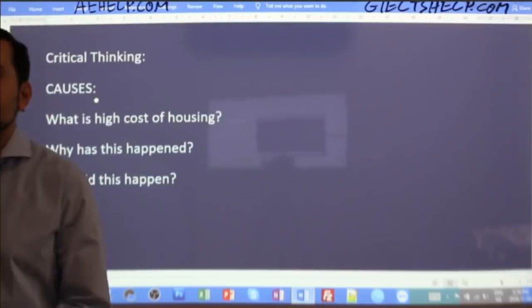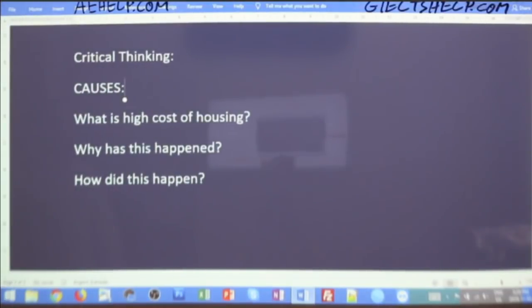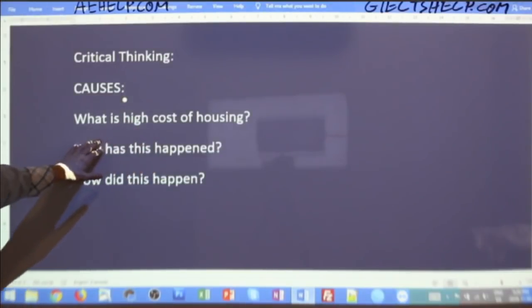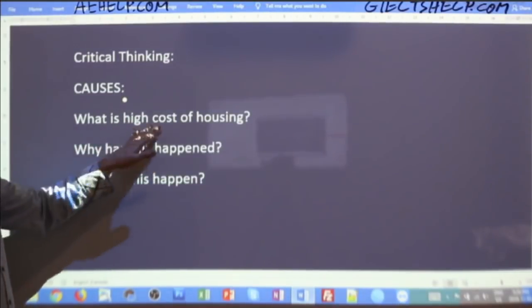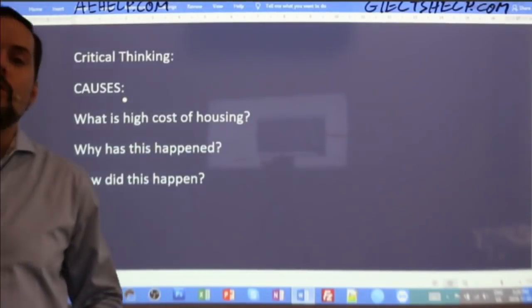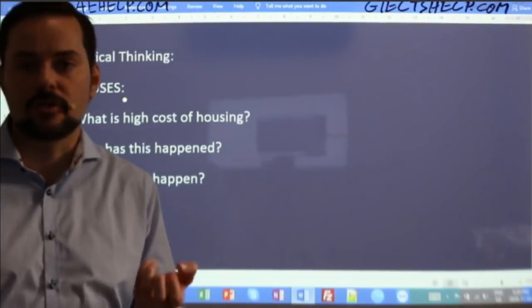So when you're thinking of the causes, what does that mean? What does it mean, the high cost of housing? What is the definition for that? Again, it's very important to learn how to change qualitative information into quantitative, like high cost. That's very subjective. We don't know what a person means when they say it's a high cost or an expensive